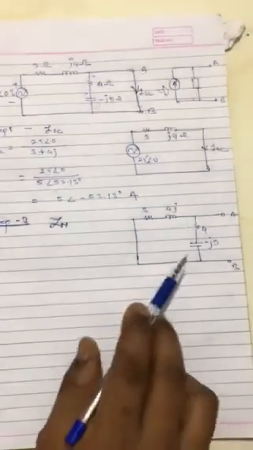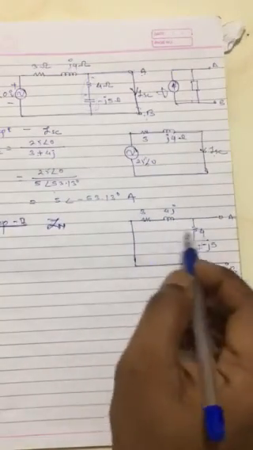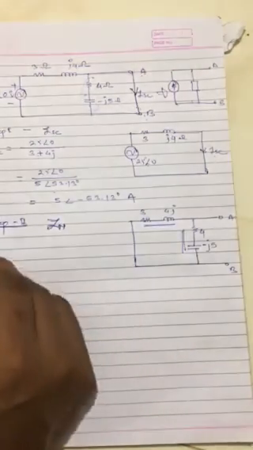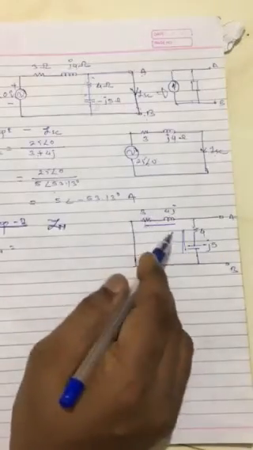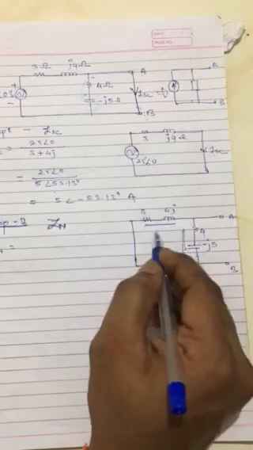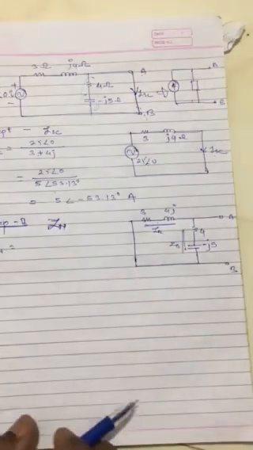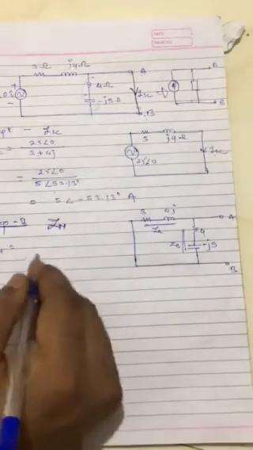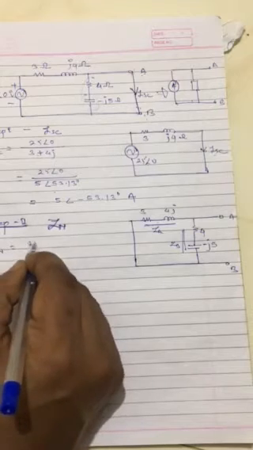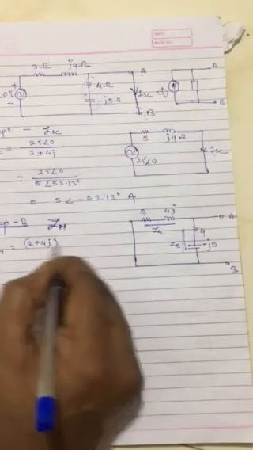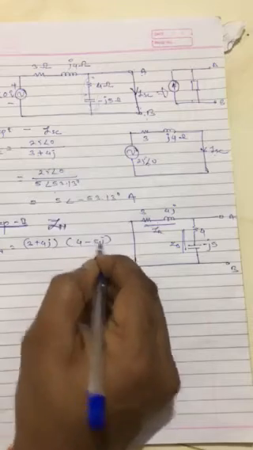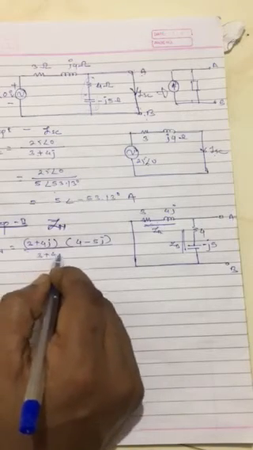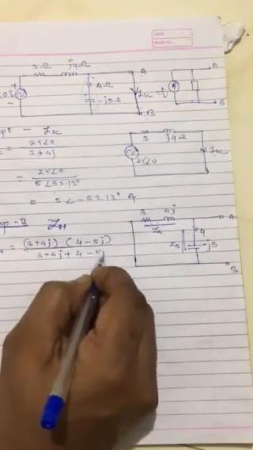Now here we have to reduce the impedances. This element and this element, two impedances, are parallel to each other. So you know how to reduce it. When two resistances or two impedances are in parallel, if this is ZA and this is ZB, then the equivalent impedance is ZA into ZB divided by ZA plus ZB. So I can write it as 3 plus 4j multiplied by 4 minus 5j, multiplication divided by addition, which is 3 plus 4j plus 4 minus 5j.